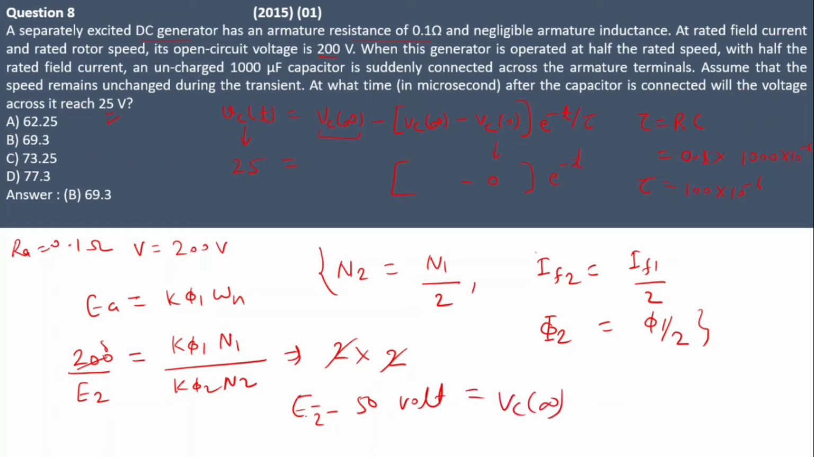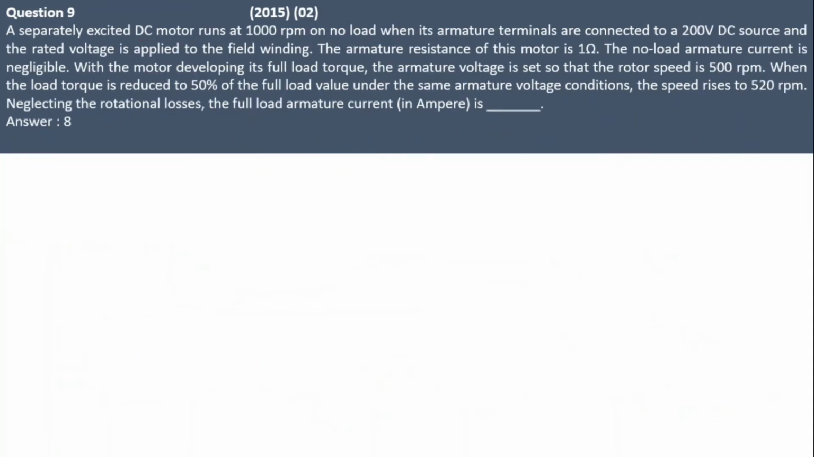This voltage will appear across this capacitor. So put this value: 25 equals 50 minus 0, e to the power minus t by tau. Tau equal to 100 into 10 to the power minus 6. Solve this equation. You will get the value of t equal to 69.3 second. Oh, you have to find out in microsecond, so you will get it in microsecond. Option number B. Next,